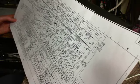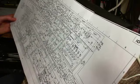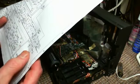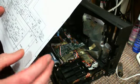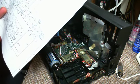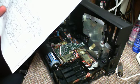Lucky for me, I don't have to understand all this stuff. Man alive, that's a career in itself. I think what I've got to focus on, and what a couple of you guys are suggesting, is really in this power supply area here. And I seem to remember a comment about the timer, which I didn't understand, but now I